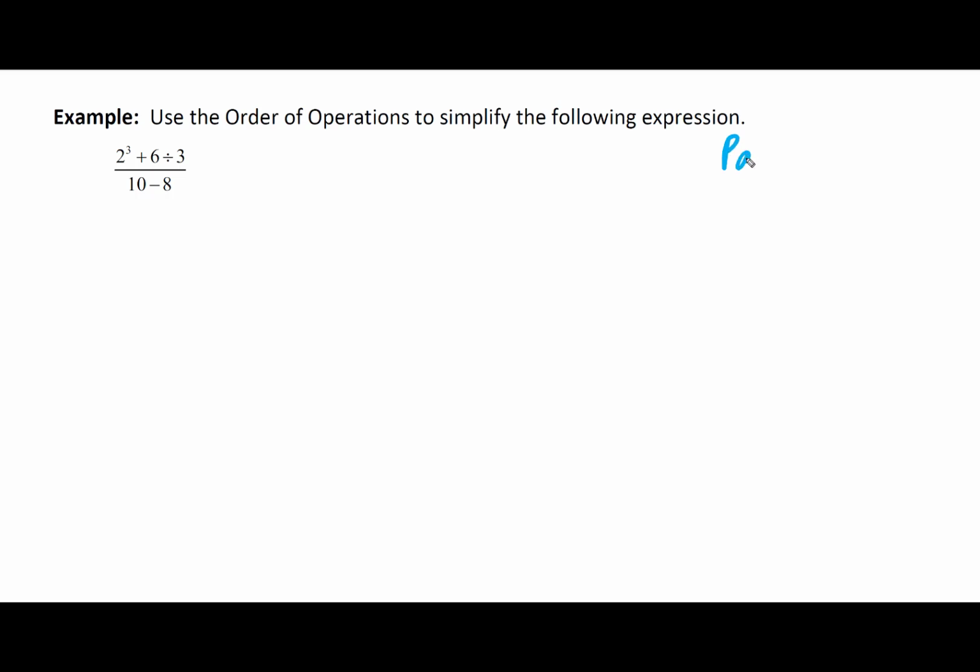P is going to stand for parentheses, and this can indicate squiggly brackets, square brackets, or the simple parentheses. E stands for exponents. That's the powers. Next comes multiplication